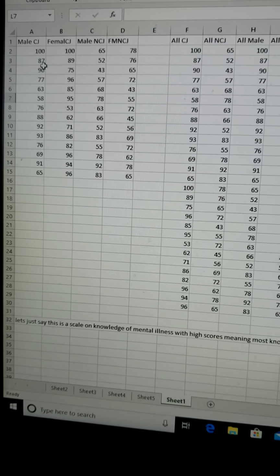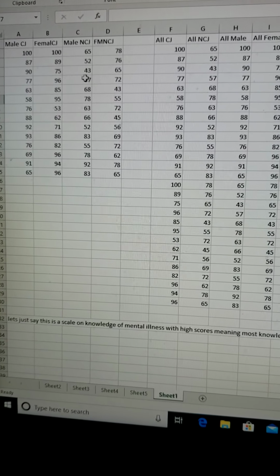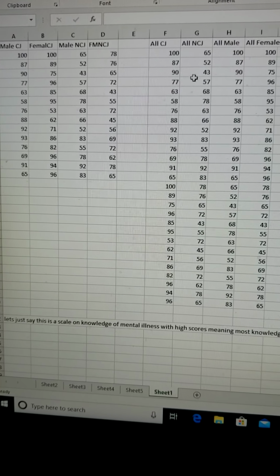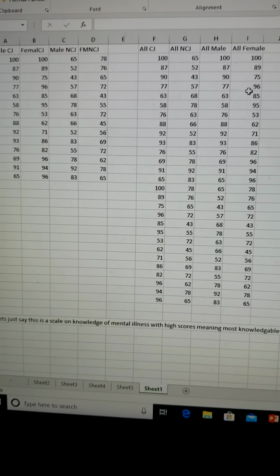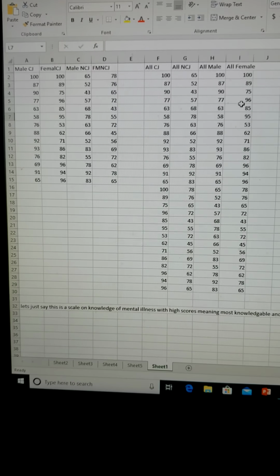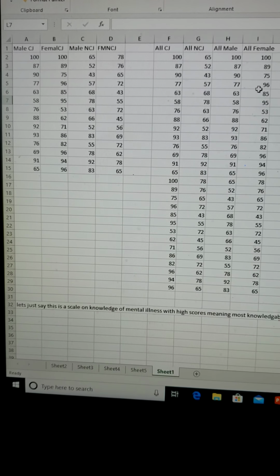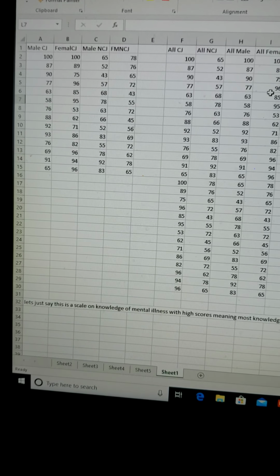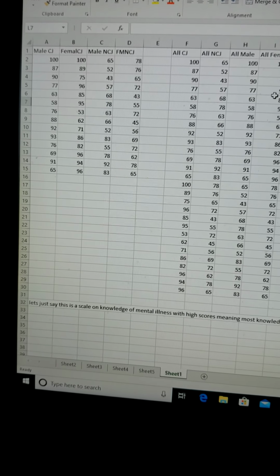You will have to do cell 1 to 2, 1 to 3, 1 to 4, 2 to 3, 2 to 4, 3 to 4. Those are all the comparisons you're going to make. And then you're going to do all CJ to all non-CJ, all male to all female. You're going to run 2 types of tests, an F test, which is analysis of variance, and a T test, which is a sample variance. Okay, they're looking at what's going on in the ends of the tails. And the F test looks at the variance, how closely or homogeneous the scores are, or how different they are,